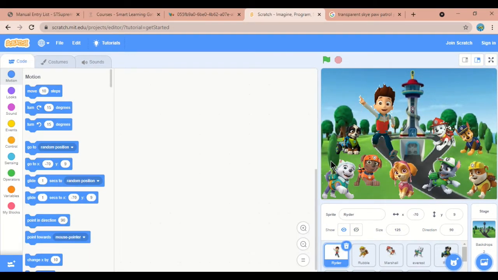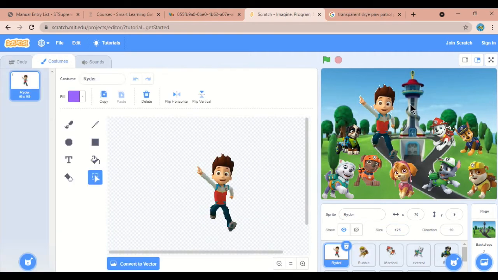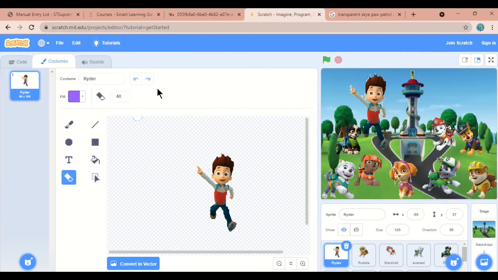So we have added all our characters over here in the stage area. But you can see a little white here. You can remove that too. You should be very patient to complete this. In order to remove this white, you can take your eraser and make it a maximum of 100 and you can simply move this way, so that if anything is there in the background, it will be removed easily.